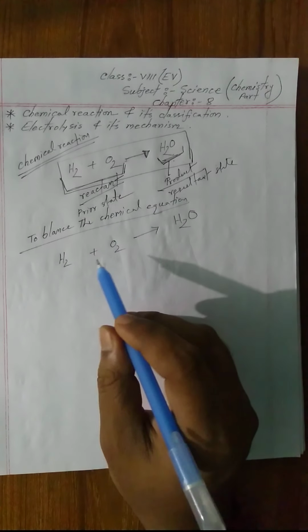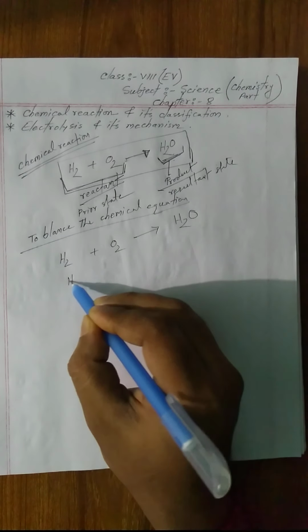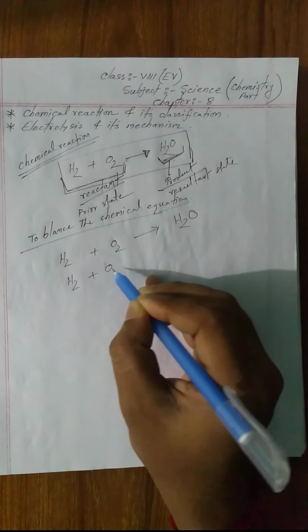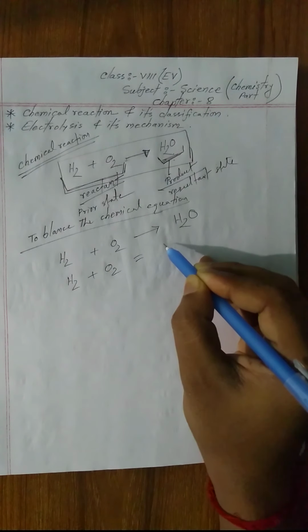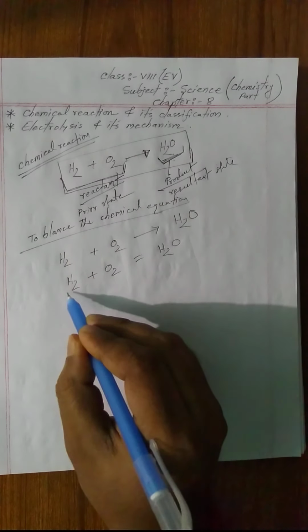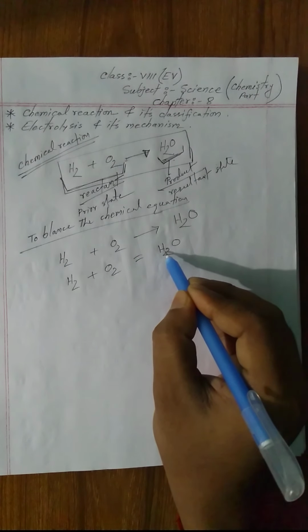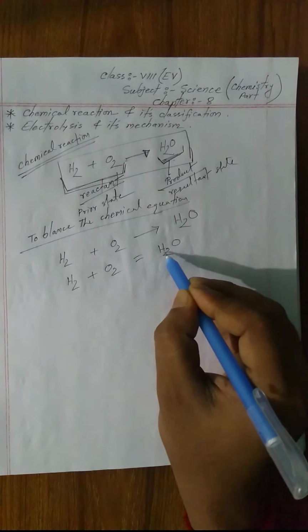Whenever we balance the reaction, we have to use an equal sign between reactant and product. So in this case, hydrogen,